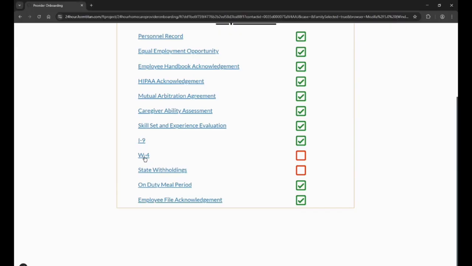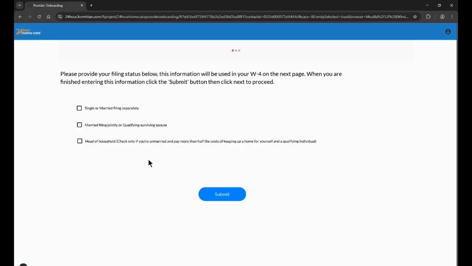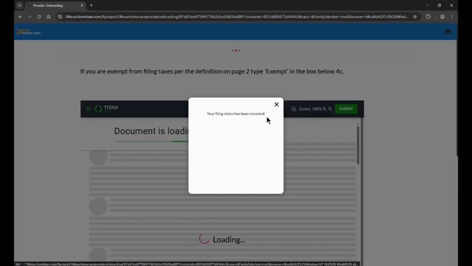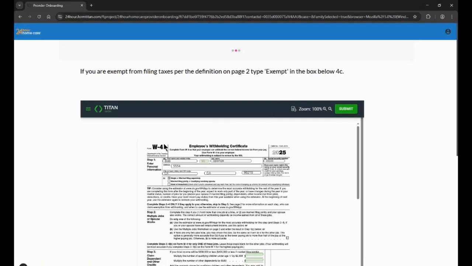We will begin by reviewing the W-4 form. The first step here will be to select your filing status. You will select the one that best applies. In my case, I will be selecting single. You will submit your filing status, and after your filing status has been recorded, you will be prompted to view